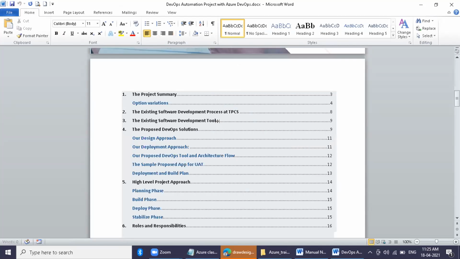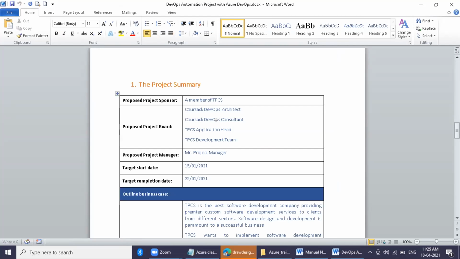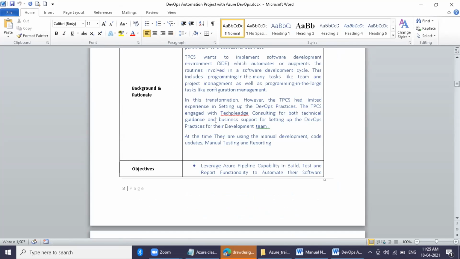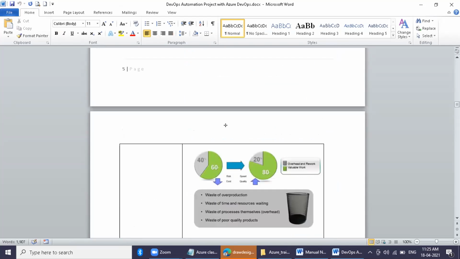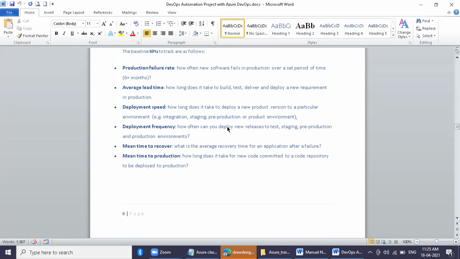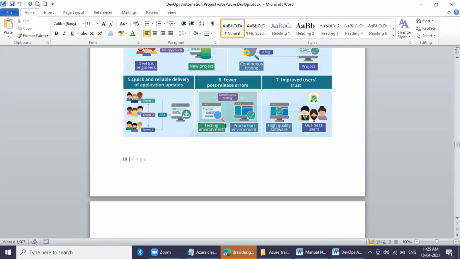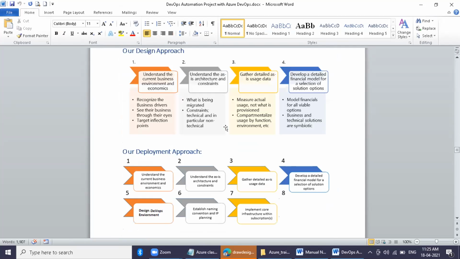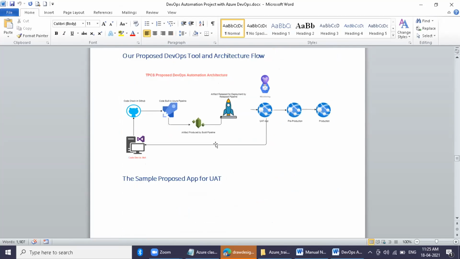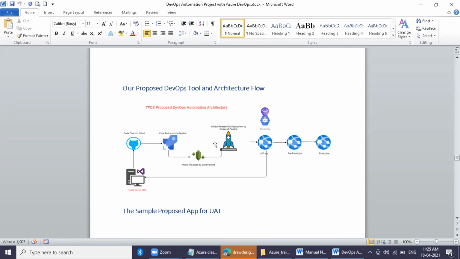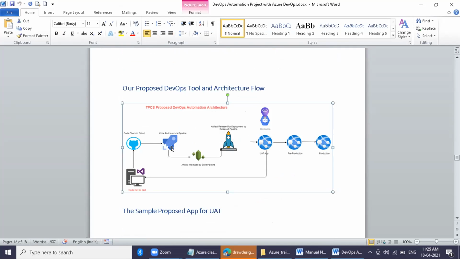Scroll down. Scroll down completely till you see a design. More. Yeah, this one. Right. This is how you have to design.